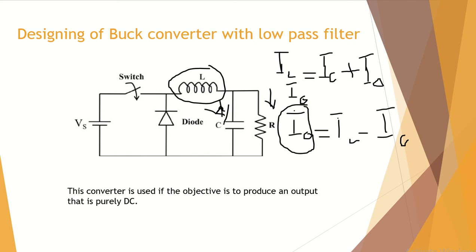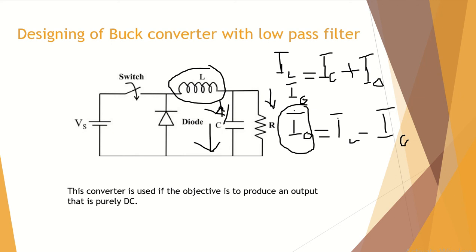Do you understand this one? I will repeat it again. When the switch is closed, the value of the inductor current is small because it has been discharged previously. So the capacitor will provide that current to maintain that constant current across the load. It means it will discharge. But after the inductor has been charged to the value of the load current, the inductor will charge this capacitor.